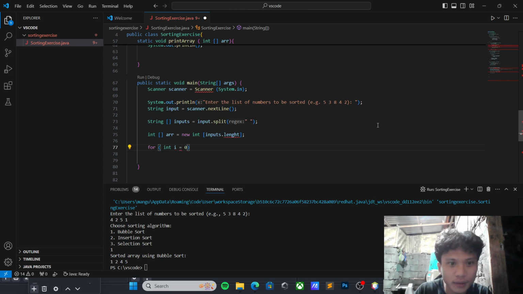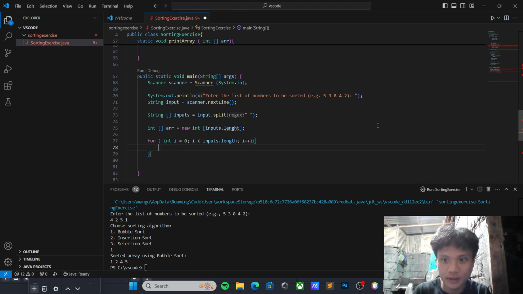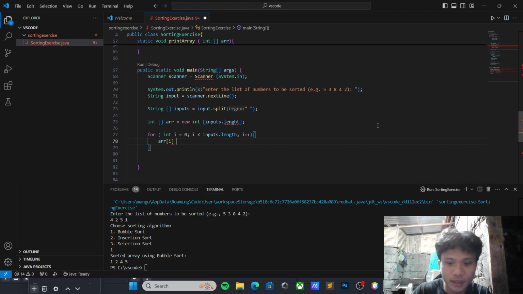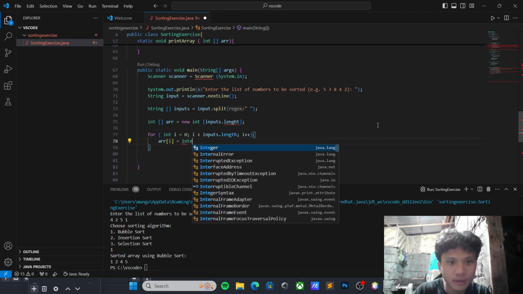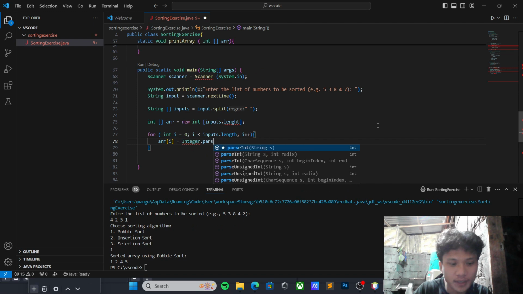Then our condition, i is less than inputs.length, then the iteration, i plus plus. Then r[i] is equal to Integer.parseInt.